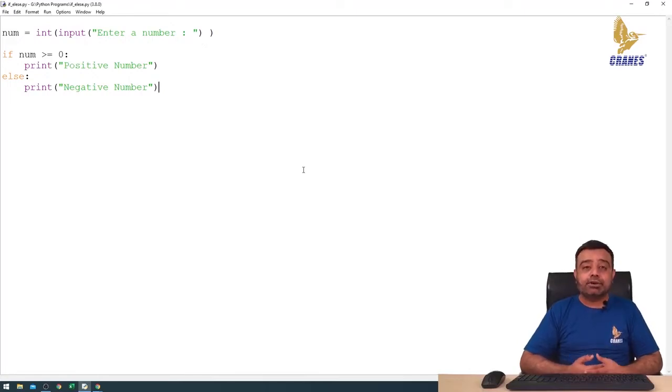Let us consider a simple program wherein, now let's consider the same program here. I'd like to check if the number is 0, positive or negative. So in such a case, I would like to check if it is